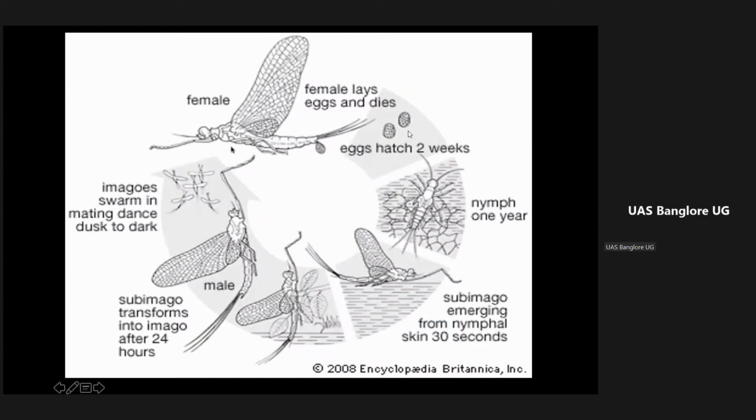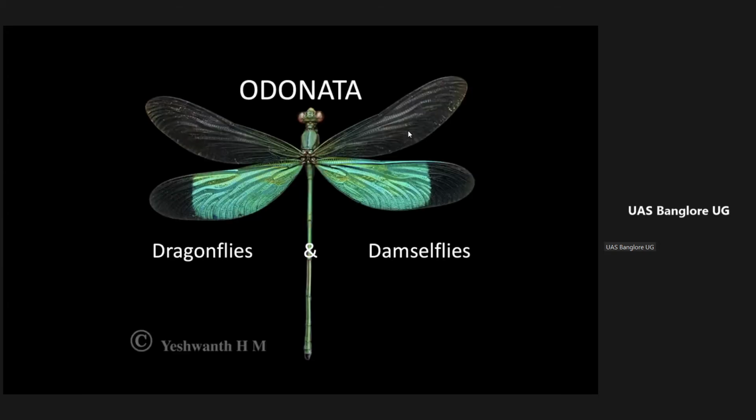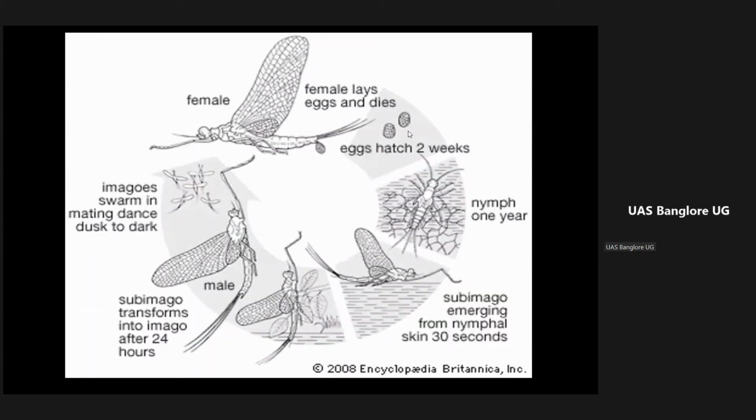Okay, so if you look at this female mayfly, it lays eggs into the water, and the nymphs hatch, and after 1 year the adults come out. Subimago is just emerging from the nymphal skin, so we call it the subimago. It will take some time, and as soon as it comes out of the nymphal skin or the naiad skin, it takes to flight. Because of that, we call them mayflies, and they mate and they die. The female again goes to the water and lays the eggs. Okay, so that is mayfly, Ephemeroptera. Clear? Yes or no?